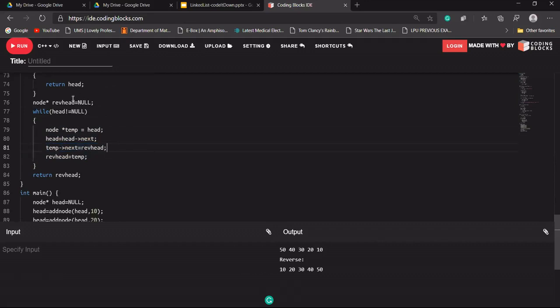In the first case, reverse head is pointing to null, so when we add our first node into the new linked list, its next will point to null. Then we update reverse head to temp. It's just the code for adding a new node at the front of a linked list.